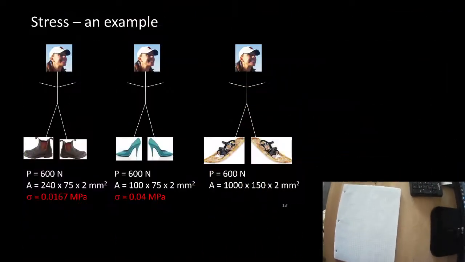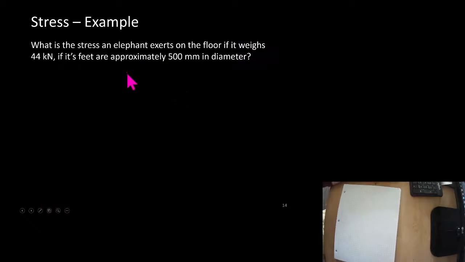I think we had two. There's another example right in a row here. So, what is the stress an elephant exerts on the floor if it weighs 44 kilonewtons and its feet are approximately 500 millimeters in diameter? So we've got